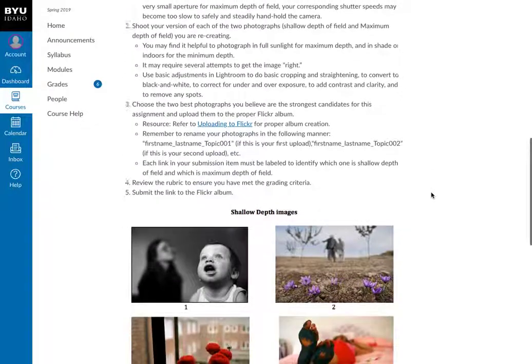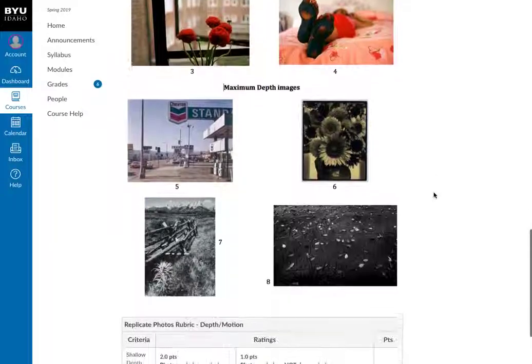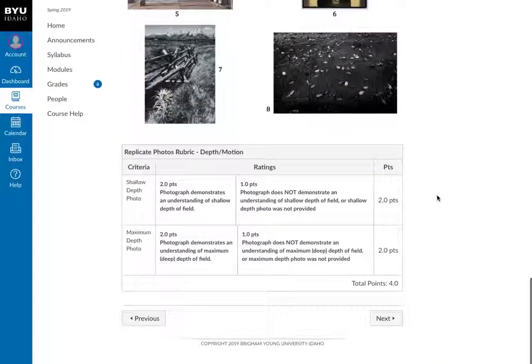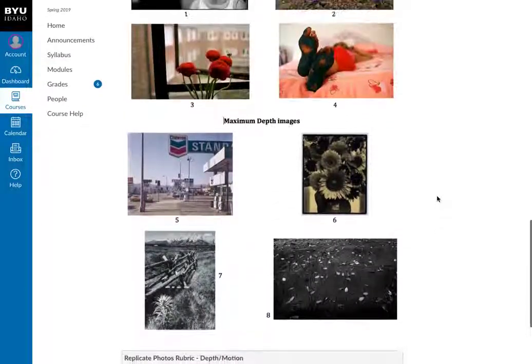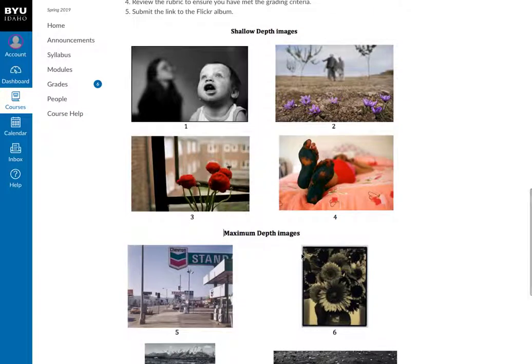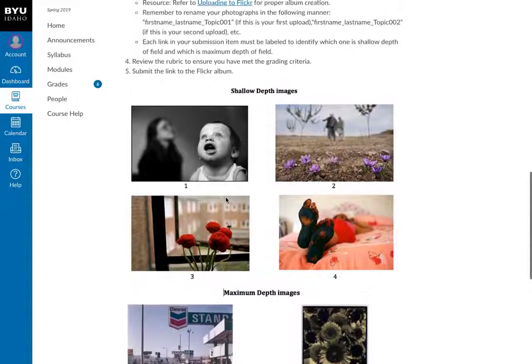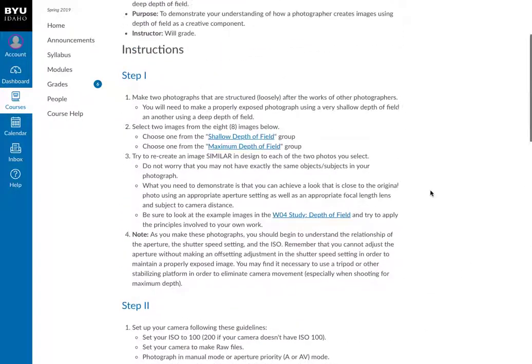I promise, it's pretty amazing. All right, so that is going to help you with your replicate depth of field already. Don't choose 6. And if you choose 3, don't have it be white out the window. You do still need to have some kind of color background back there to show me that you're actually having that shallow depth of field, okay? All right,